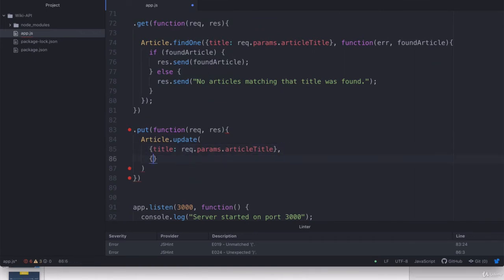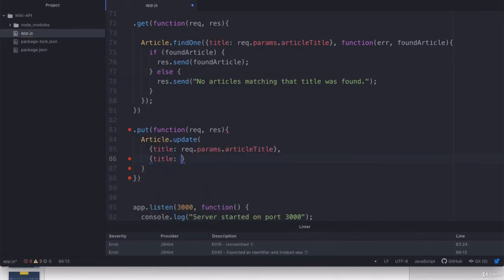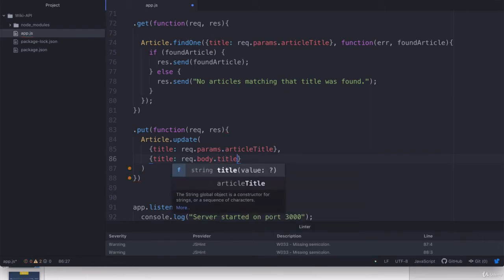So over here, I'm going to open up another set of curly braces, and we're going to add in the title as the request.body. So this is body parser parsing our request and looking for that thing that's sent over through an HTML form, for example. And we'll give it some names. So it's going to be request.body.title, and also we're going to update the content using